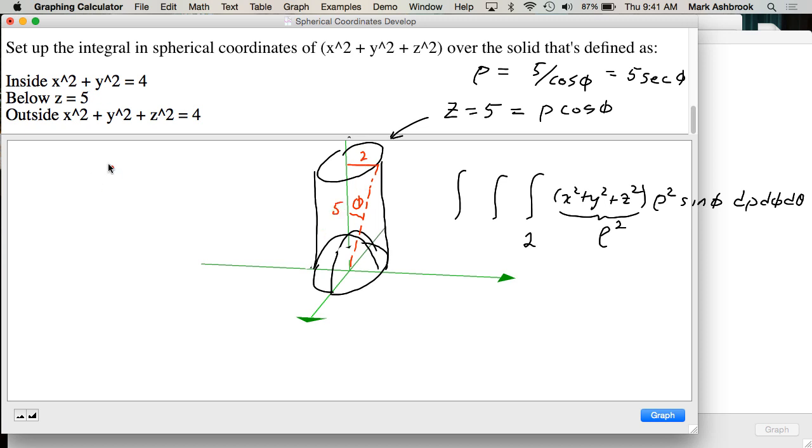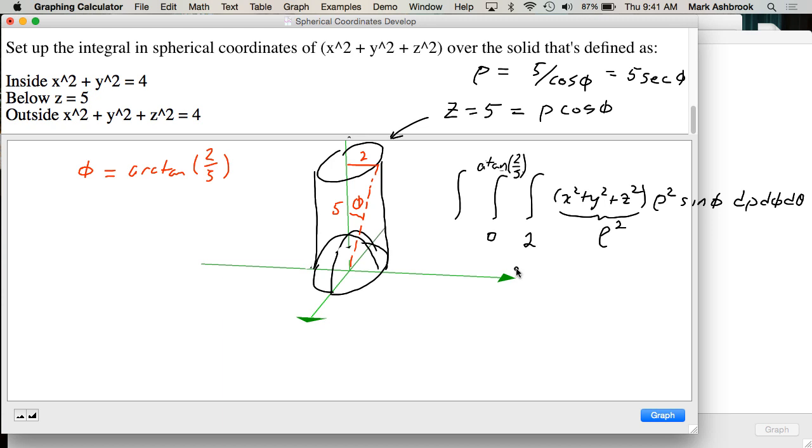So that phi is arctangent of 2 over 5. So when phi goes from 0 to arctan of 2/5,